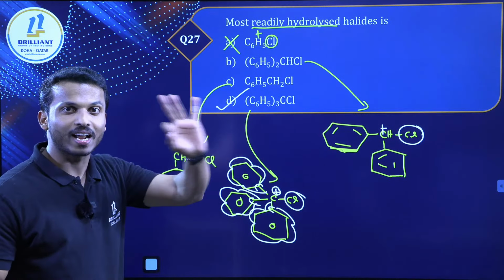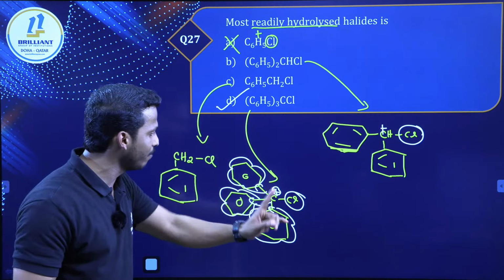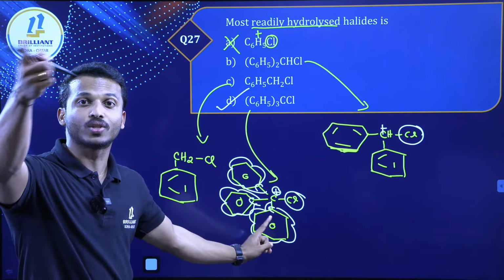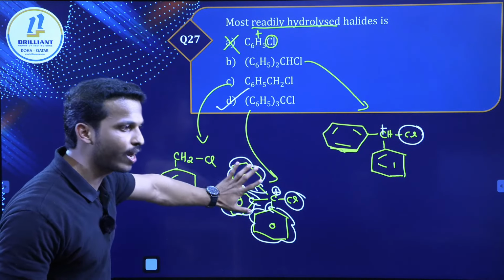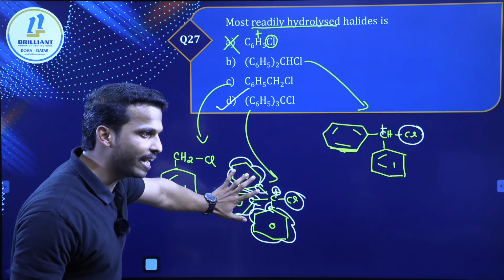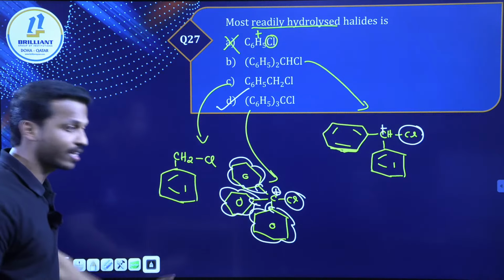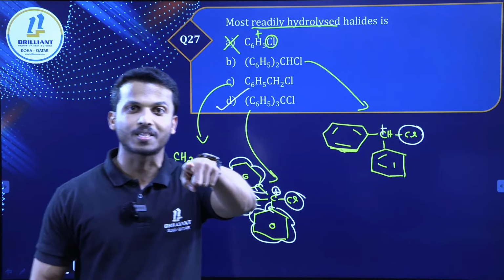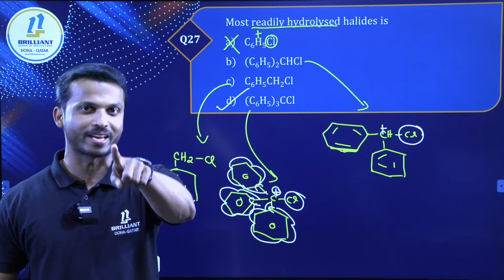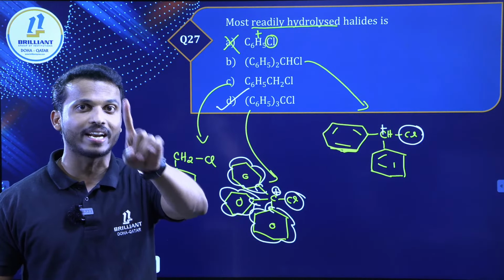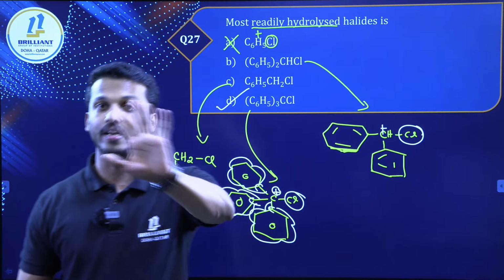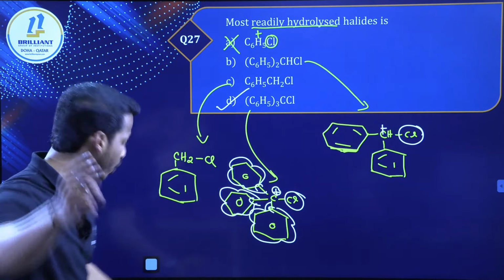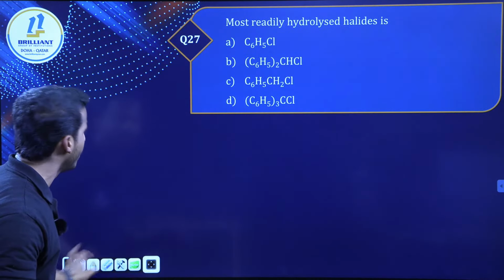In option D, there is a tertiary carbon, and at the same time 3 benzene rings are there, so 3 resonance structures are possible. It makes more stability. So the answer is which one? Option D. Yes, correct answer. Now I hope you get the idea which principle we have to select for the SN1 mechanism. Please avoid what you studied in NCERT, tertiary greater than secondary greater than primary. That is not enough to answer this type of question. I will show you some more questions regarding the same concept.